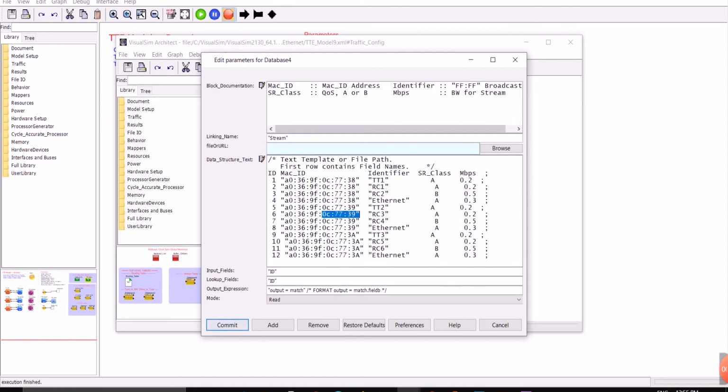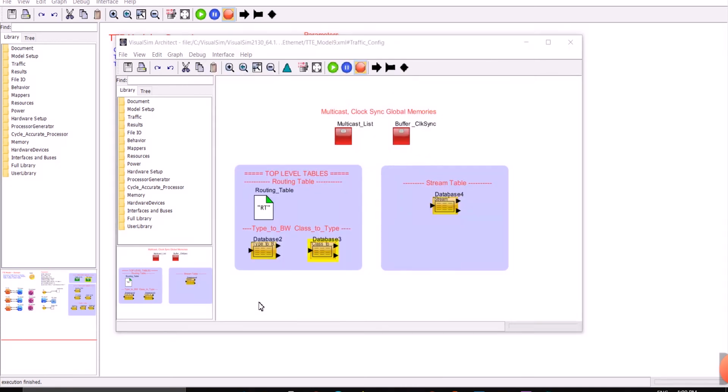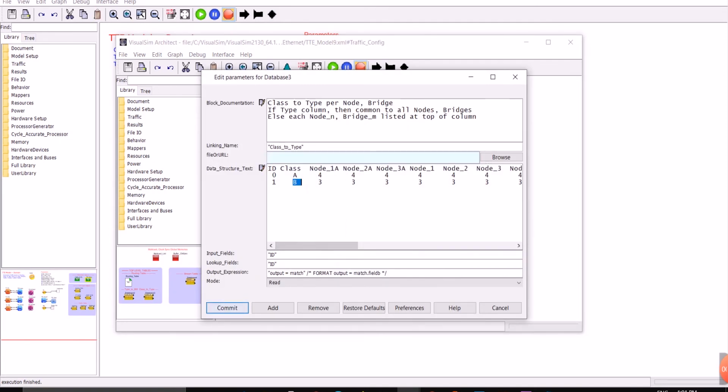We have the stream reservation class for the rate constraint. For example, rate constraint stream reservation A will have higher priority than stream reservation B. It will work as it is, and we have this class-to-type table that converts the class to a type, the A and B that we use, so it's converted into type 4 and type 3.